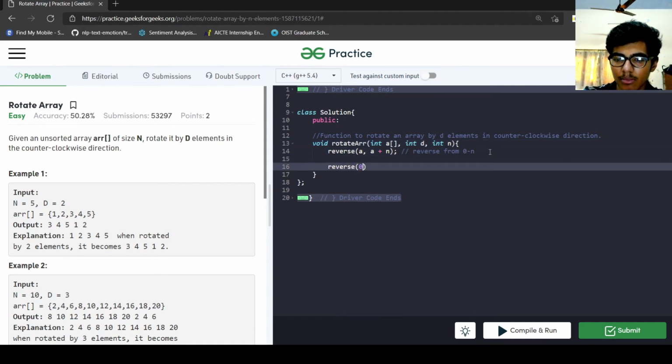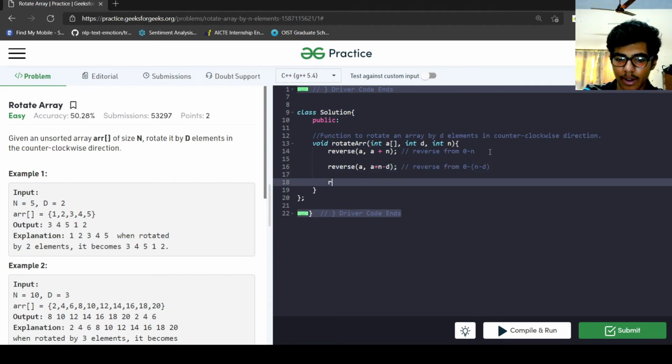Then I reverse from a to a plus n minus d. Then I reversed from n minus d to n. So it will give me the right answer.